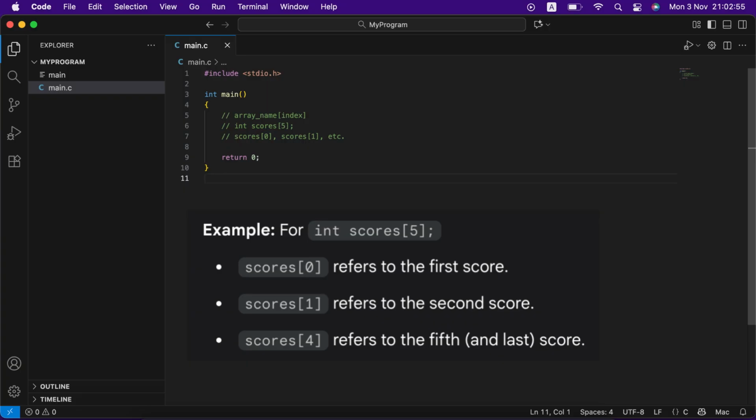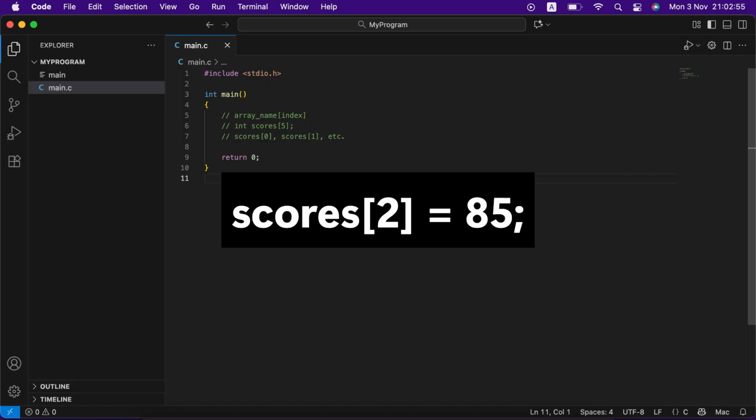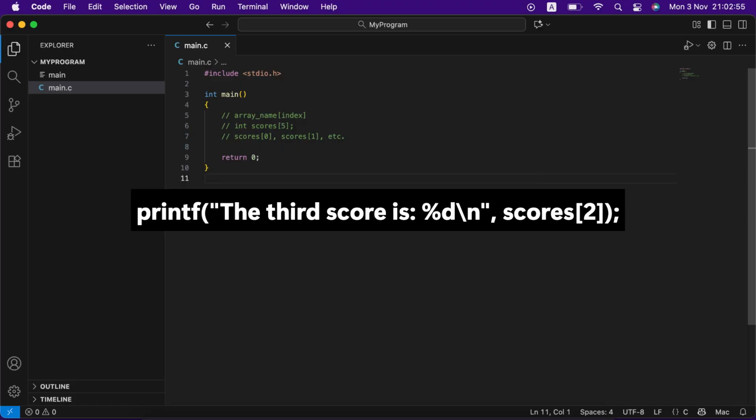Example: for int scores[5], scores[0] refers to the first score. scores[1] refers to the second score. scores[4] refers to the fifth and last score. To assign a value: scores[2] = 85; To read a value: printf("The third score is %d", scores[2]);